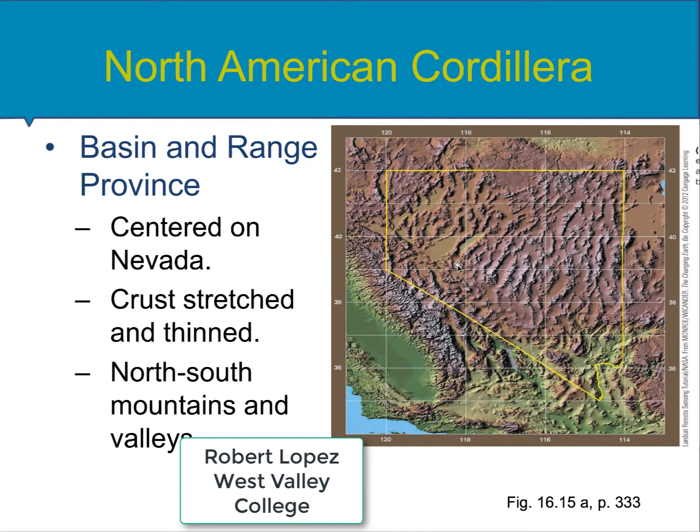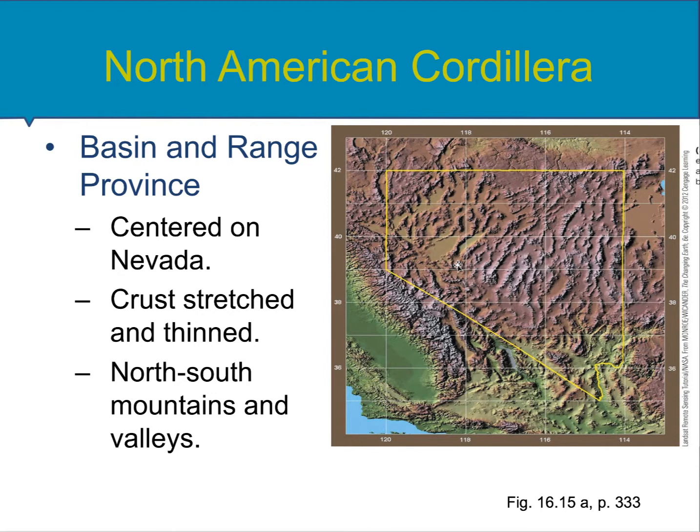Now we'll continue with part 3 for the Paleogene and Neogene Earth history for chapter 16. And now we'll start looking at the Basin and Range province. And this region is also known as the Great Basin of the Western United States, and it really encompasses the